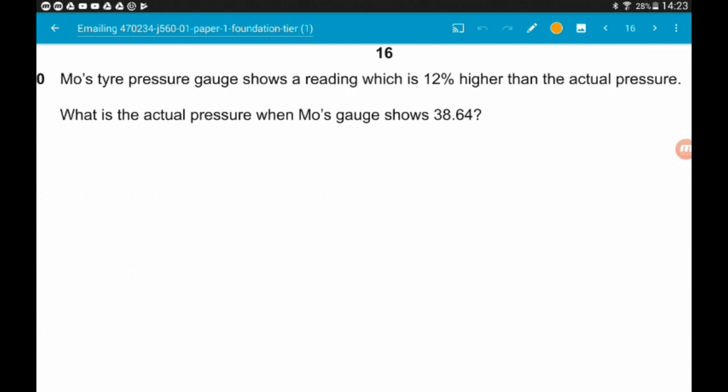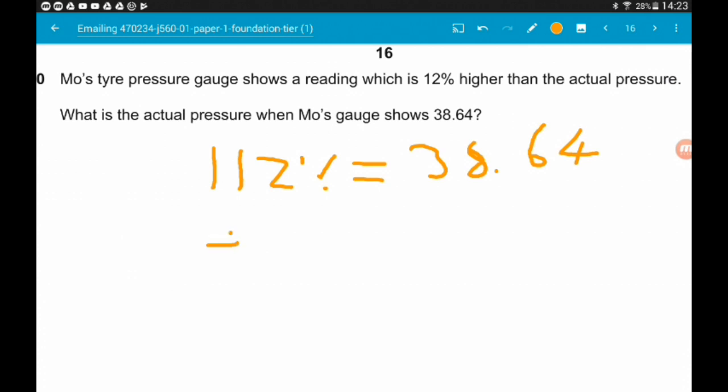If the gauge shows 12% higher than the actual pressure, then here we can say 112% is equal to 38.64. So 112% of the actual pressure is 38.64. Now we want to get down to 100%. So we're first of all going to find 1%. To do that, we're going to divide both sides by 112. That's going to tell us 1% is